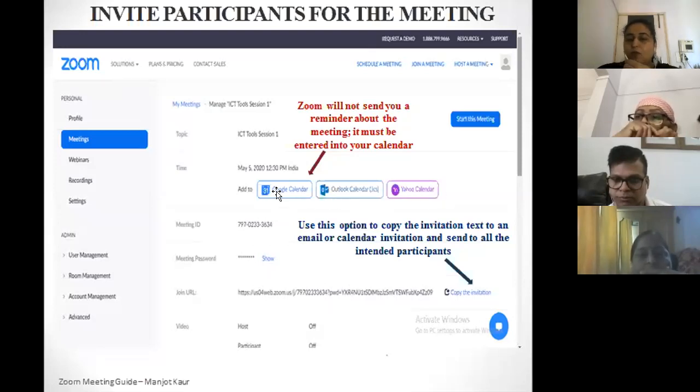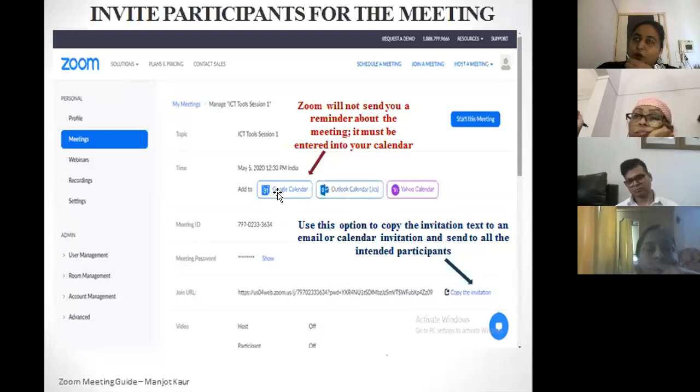I think almost everyone is having a Gmail account and everyone might be using the Google Calendar. So if I can directly add to this, then we can get regular reminders from our Google Calendar on our email or the phone, saying that you have scheduled a meeting on so and so date and so time. So this is also an option which is available in the Zoom app.